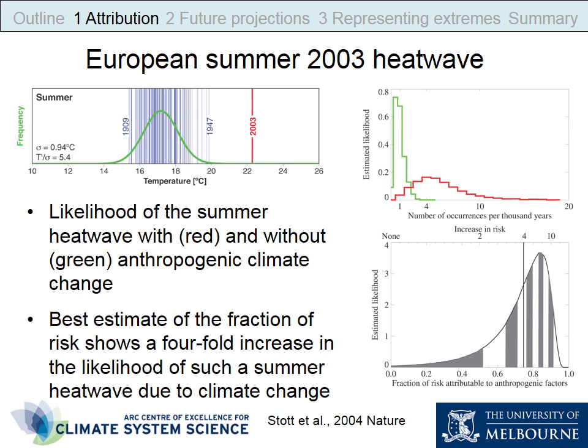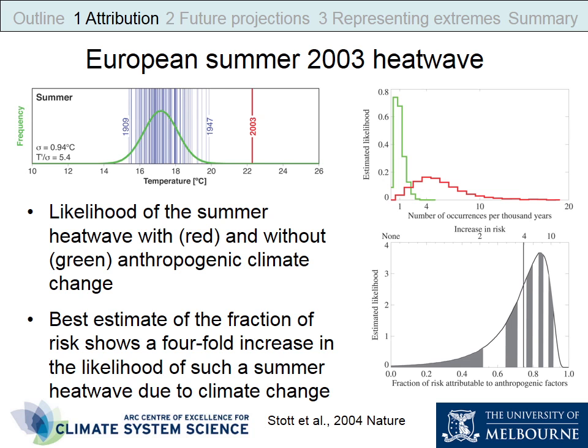So working out the change in the risk of these kind of events is quite a targeted area of research at the moment. So in this case, this is the distribution of European summers, and this was the heat wave in question, and I think that this was the next hottest summer on record. So it was really an extremely high record that got broken. And in this case, they compared the likelihood of the summer heat wave occurring with and without anthropogenic climate influences.